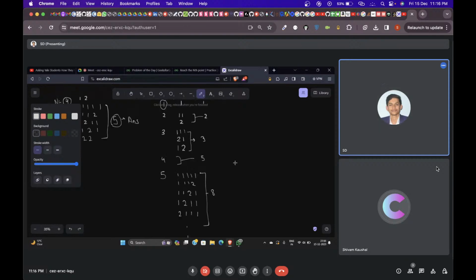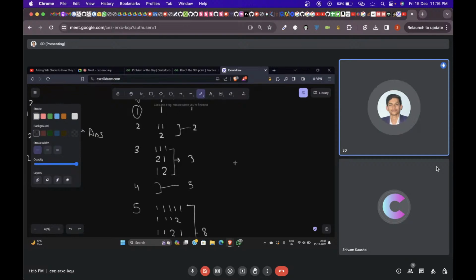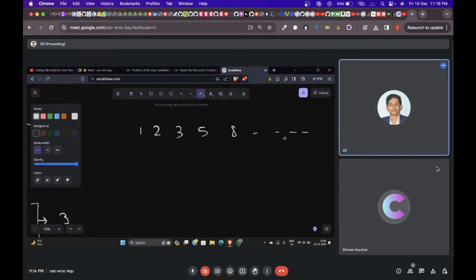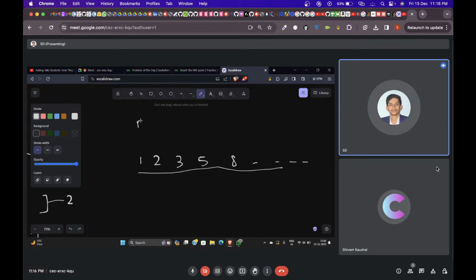Now if you look at this order very carefully, we are going to find a significant pattern in this case. 1, 2, then 3, then 5, then 8, and so on and so forth. Do you recognize any kind of pattern that is forming here? Doesn't this whole line appear to be a series which is similar